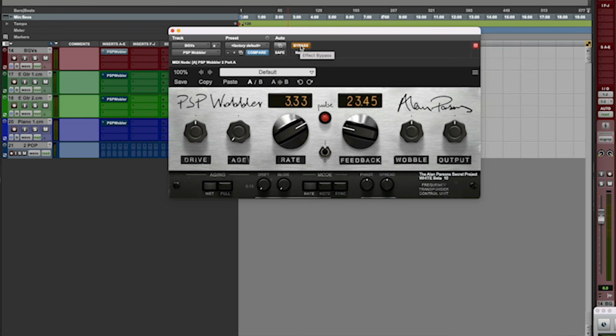And this is similar to the type of sound Alan would have gotten on The Dark Side of the Moon when he used a similar box. So let's hear it with the Wobbler engaged. So you'll see the pulse go here, and that kind of indicates the wobble, and that can be controlled here by the rate knob. And so if I play that back again and sweep through,